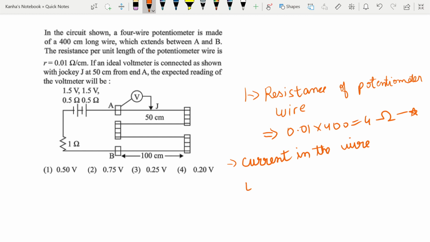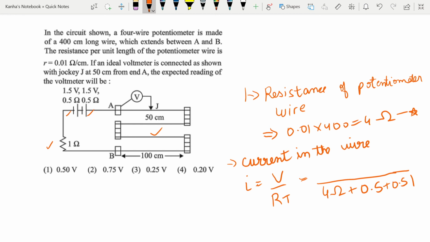What is it given by? I is equal to V by RT. Okay, RT is the total resistance that is there. So what is the total resistance? You basically have to add the resistance of the wire plus the internal resistance that has been given for the cell, 0.5, plus another internal resistance that has been given, 0.5 again, and what else is given? A 1 ohm resistance is given. Look, these are the resistances. Okay, and one for the wire.